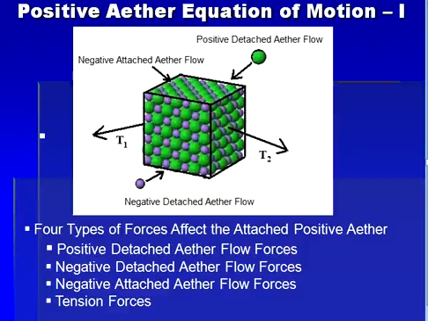To recall, the attached positive ether can be acted upon by flow forces due to flows of positive detached ether, negative detached ether, and negative attached ether. The attached positive ether can also be acted upon by the tension forces. These forces have been evaluated in the previous slides. We will now bring together all of the prior analysis to arrive at the equation of motion for the attached